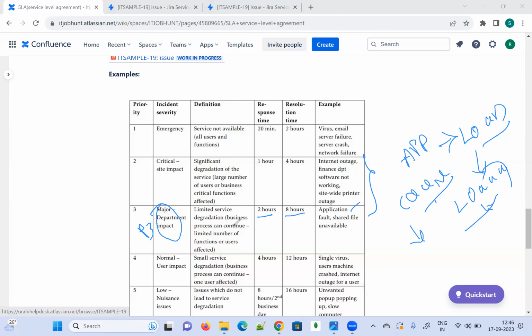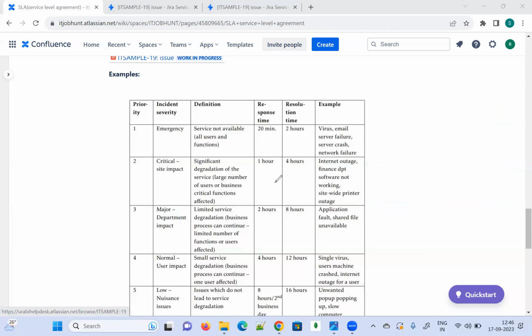The business process can continue. The business process is not discontinued here. It will continue, but some portion is degraded, because all our other functionalities are working and some functionalities are not working. You can see that a limited number of functions or users are affected here.